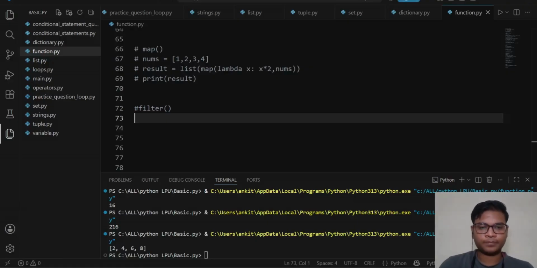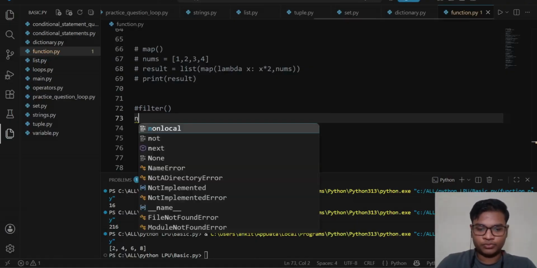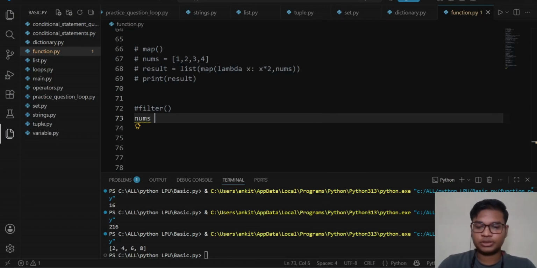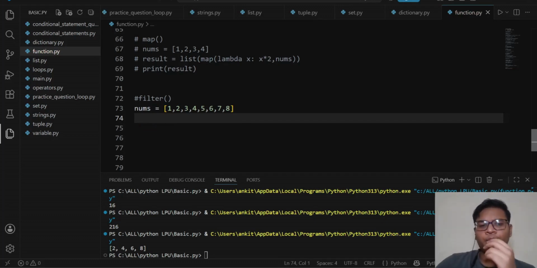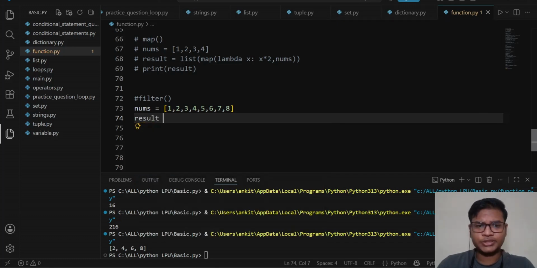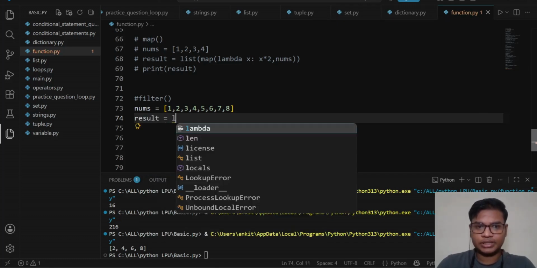So do this. If you have nums, same, 1, 2, 3, 4, 5, 6, 7, and 8. Now I just want to print only the even numbers from nums. With the help of the filter, how can we do it? Let's try it. First of all, we also create the same variable, result, and then we have a